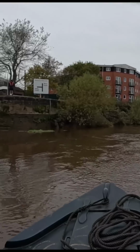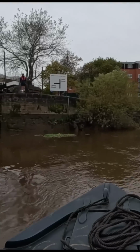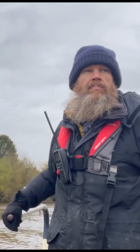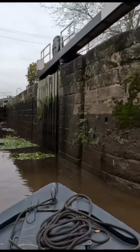You join us on the tidal River Ouse. We've just travelled down from Naburn and we've turned the boat ready to enter the lock at Selby. As usual, I'm a little nervous of these turns, so I'm hiding at the back of the boat hanging on to George. Michael makes the perfect manoeuvre into the lock and we get a very warm welcome from the lockkeeper